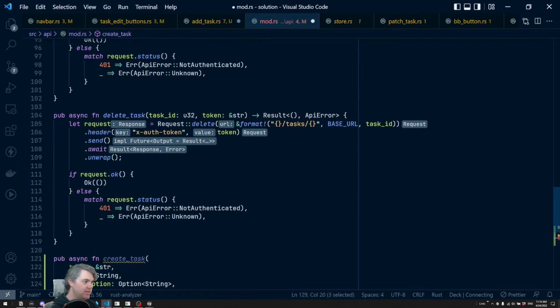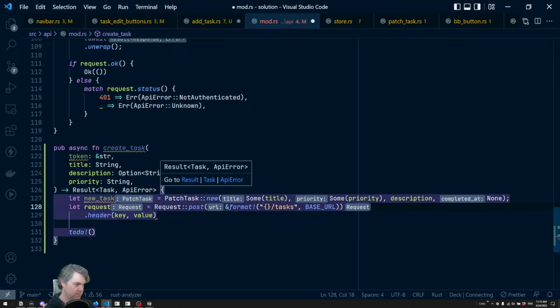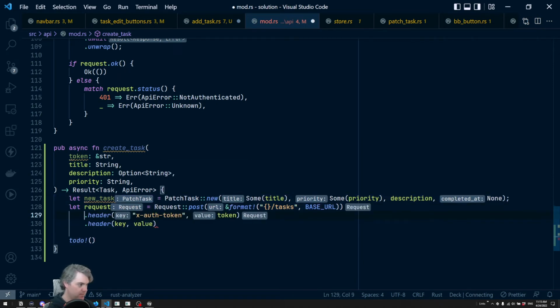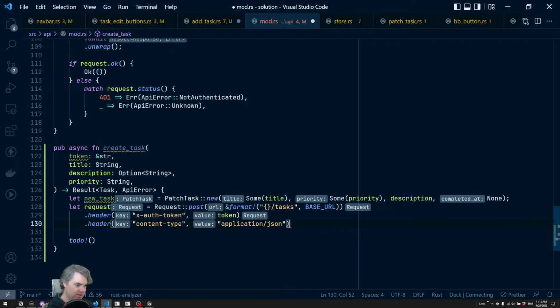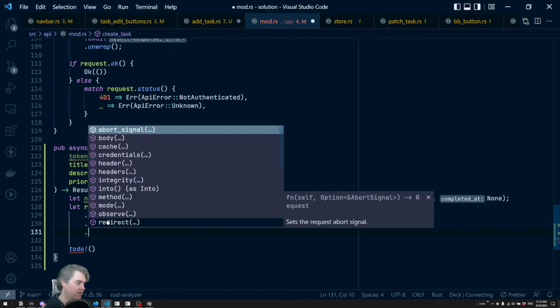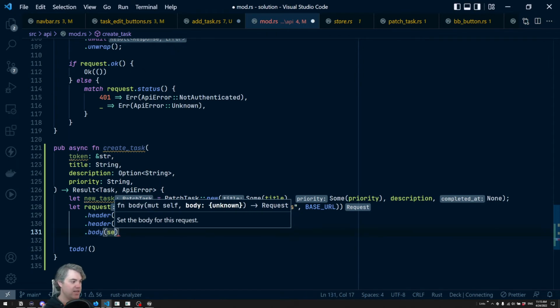We need this X-Auth token. Then we also need to tell it what kind of data is going to be sent into this, which is going to be the content type, application/json. You need to be a str, so that's why passing a str is actually good for this one. Okay, header, we have now our body, which is going to be a serde_json